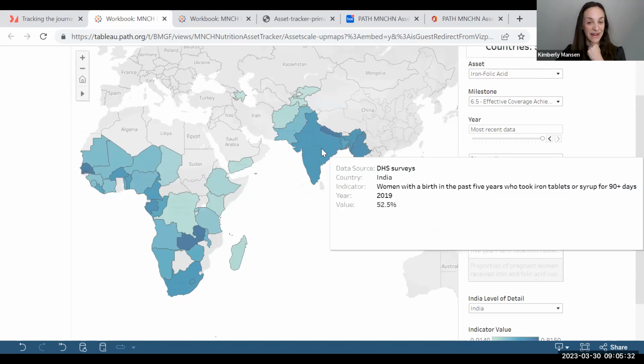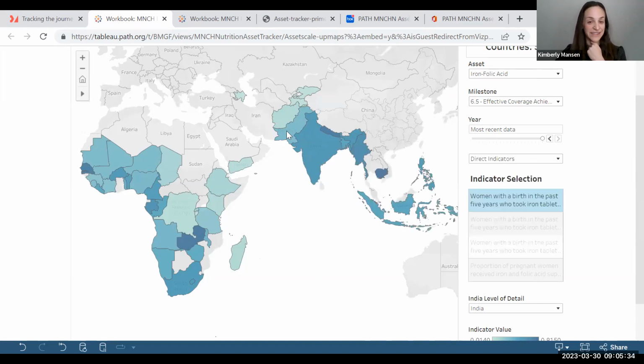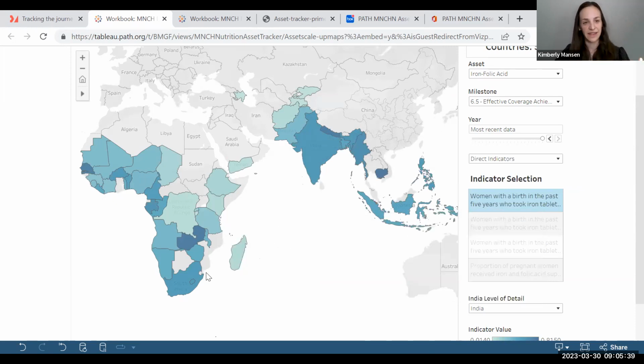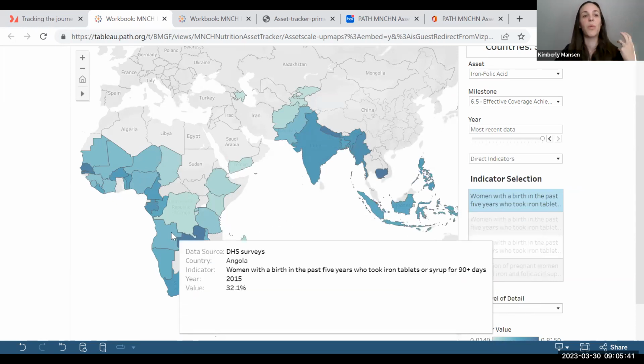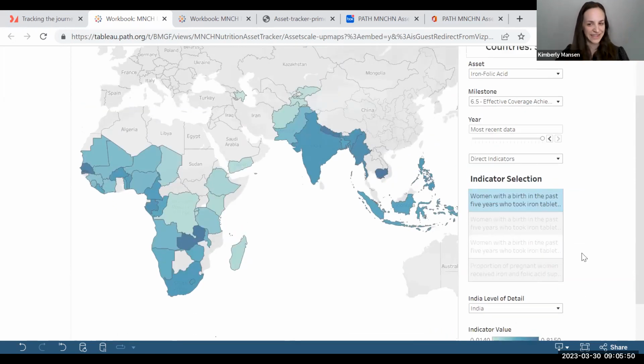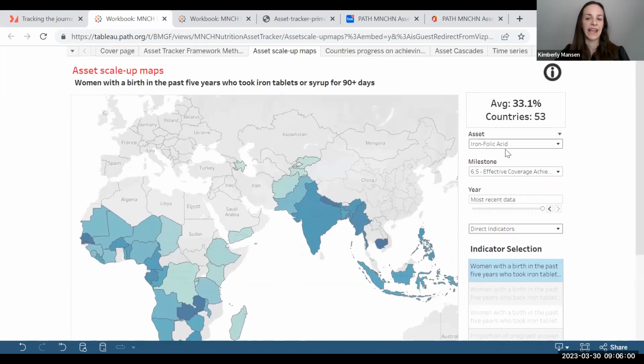So once again, you can hover over, see the year, the percentage, the actual value for coverage. This map tool, when you think of maps, think cross-country comparison, ability to see across. One thing to note, just for nuances with this dashboard, there are direct indicators and there are indirect indicators. When you're looking at an asset and you want to focus specifically on that asset, choose the direct indicators.